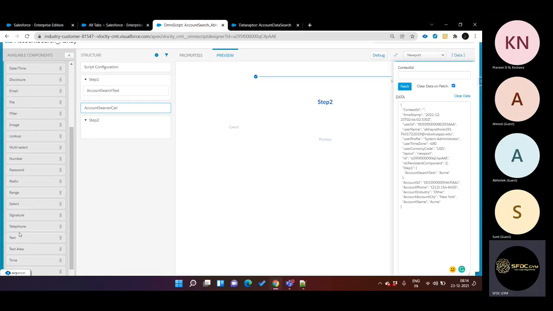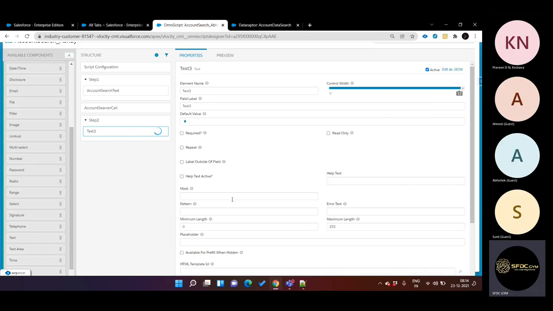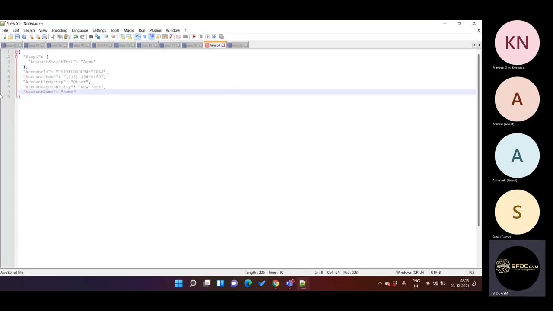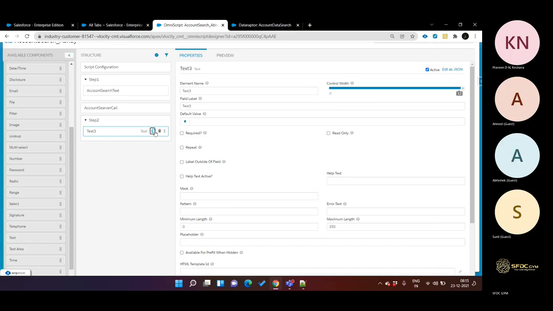Let's say this account name is text, so we pick a text box and display. Okay, and here let me clone it. We have 1 2 3 4 values. Okay, 2 3 4. Okay,